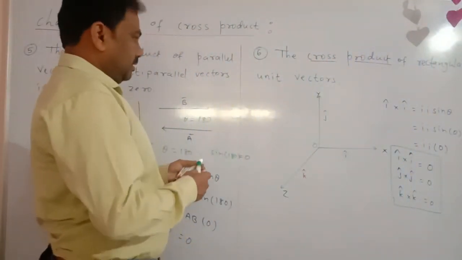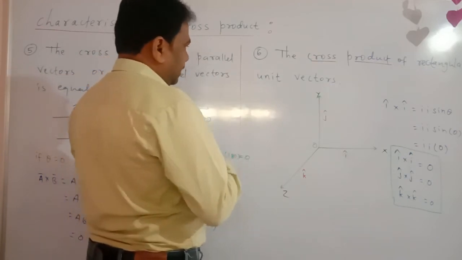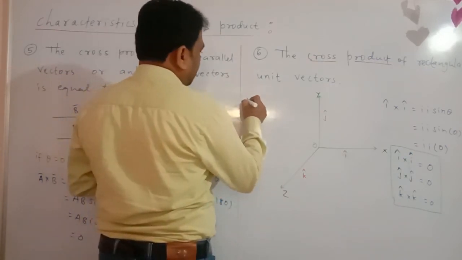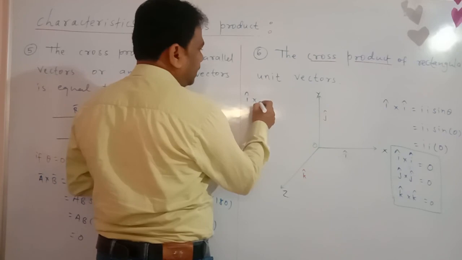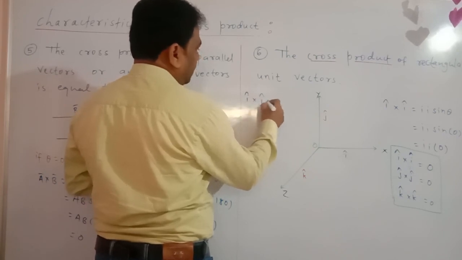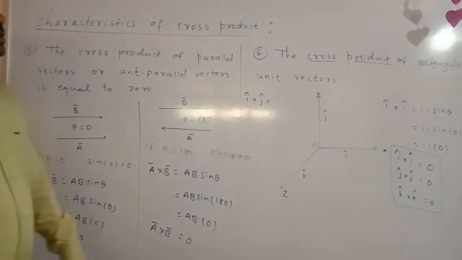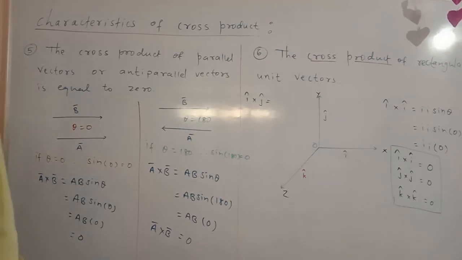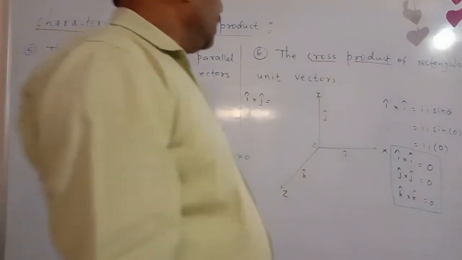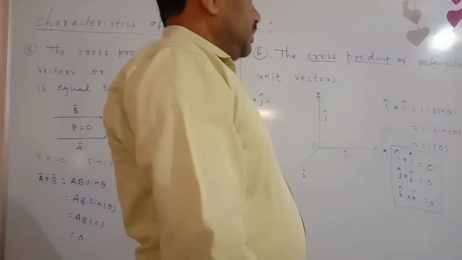So what about vector i cap cross vector j cap? Vector i cap cross vector j cap. So what is the value of that? i cap cross j cap. Yes. So using the left hand rule,